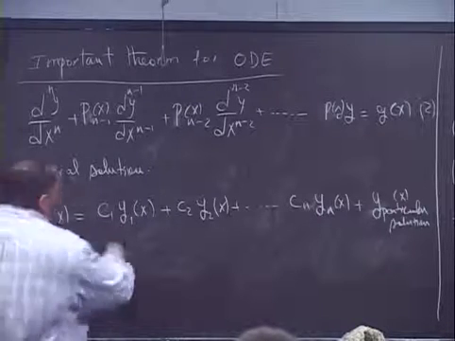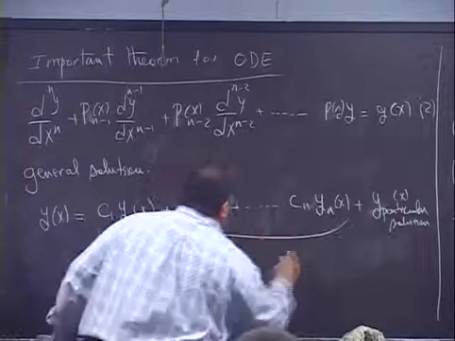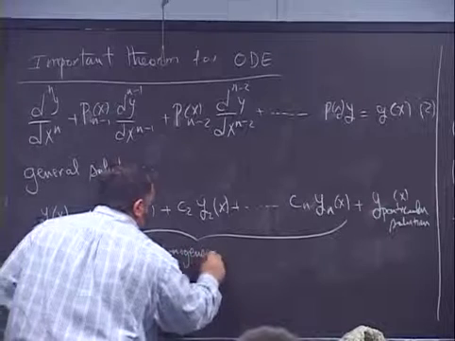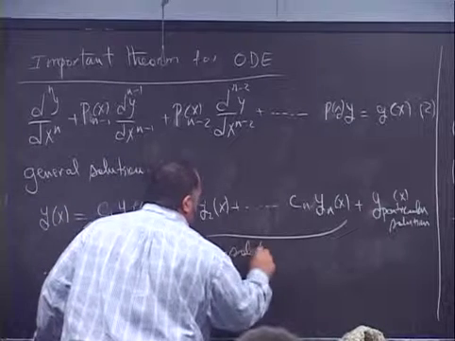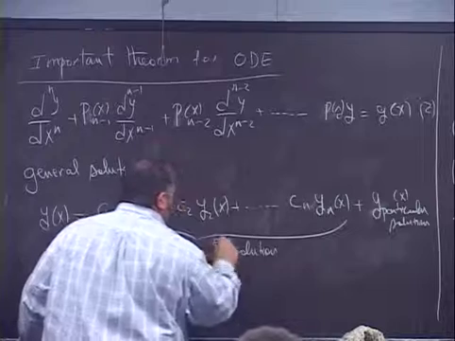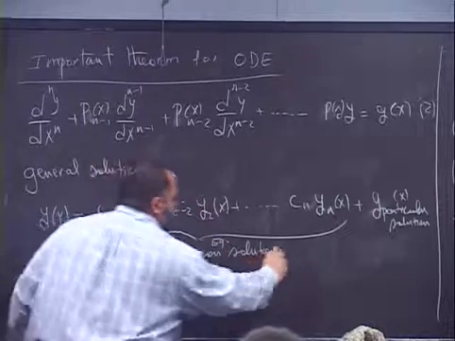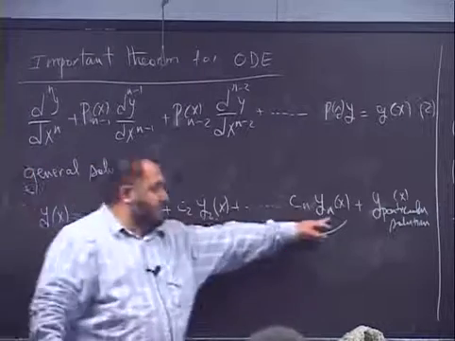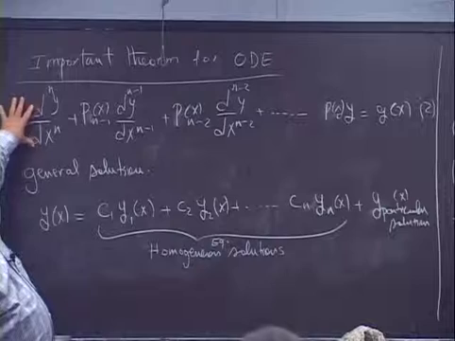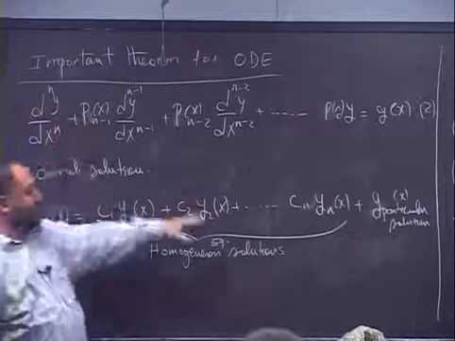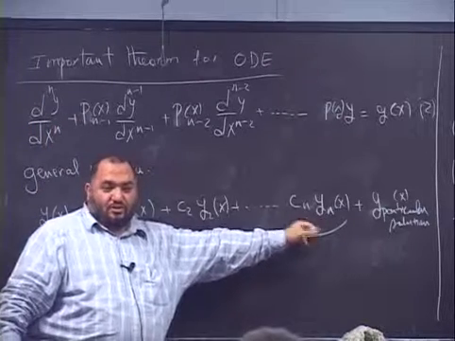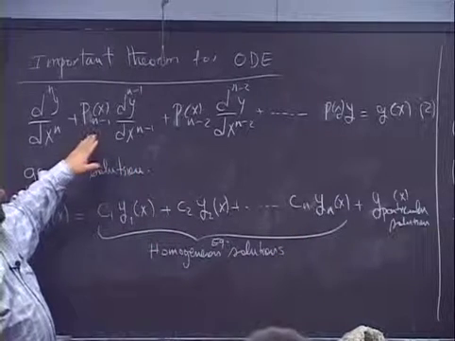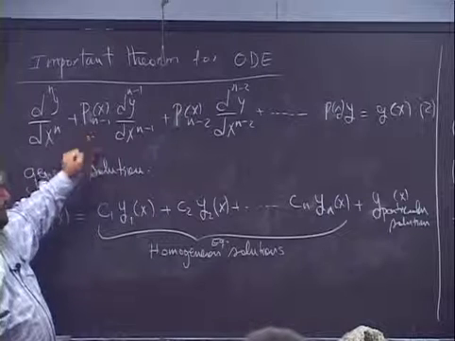So those are the homogeneous equation solutions. And how many of those? N. So if I have an nth order differential equation, I should have N solutions. Okay? So those N solutions will be the solutions for the nth order linear differential equation